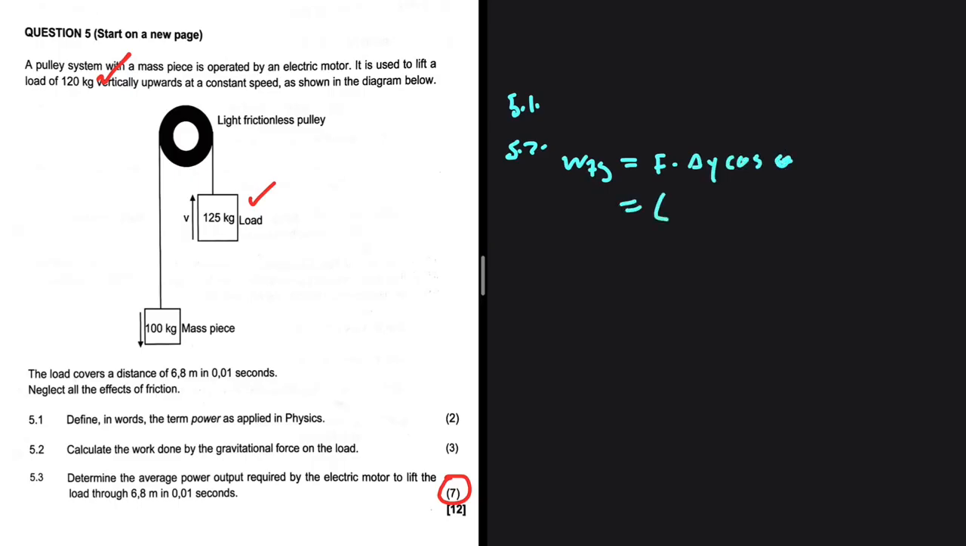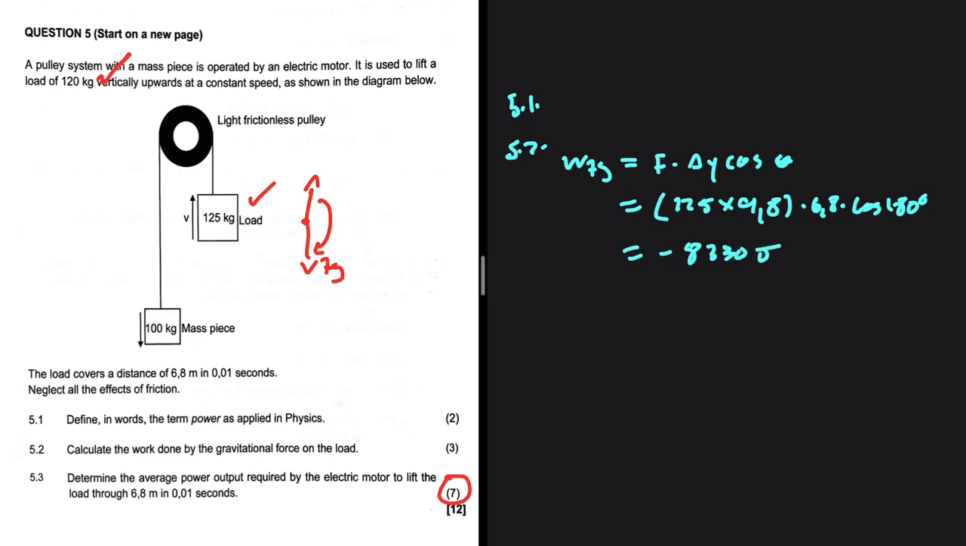Fg is equal to the mass. Let's take 125 multiplied by the gravity, which is 9.8. Delta y, it covers a distance of 6.8 meters. So we have 6.8 multiplied by cos of theta. Well, gravity is acting downwards, obviously, but the load is moving upwards. So we have an angle of 180 degrees. If you put that on your calculator, you're going to get minus 8,330 joules as the work done by the gravitational force on the load. And now